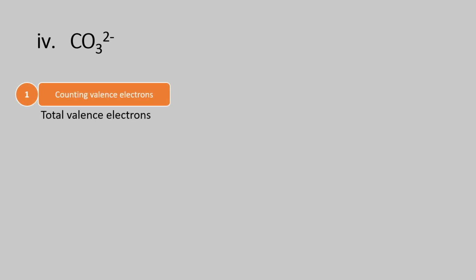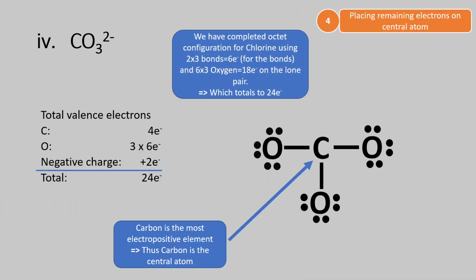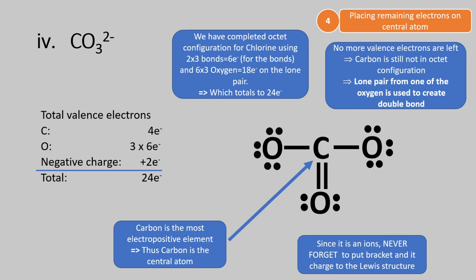Okay, lepas tu kita tengok macam mana kita ikut step 2. Kita buat first step, count valence, and then kita tengok central atom, complete octet, and then place the remaining on central atom kan. Kalau tak, kita buat dia octet. So now, kalau you tengok here,